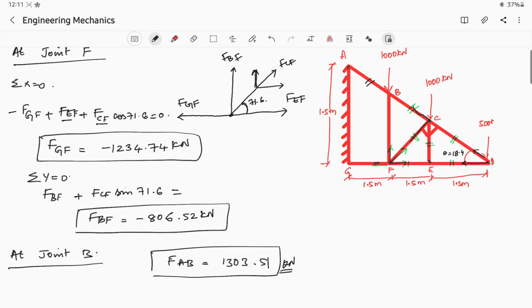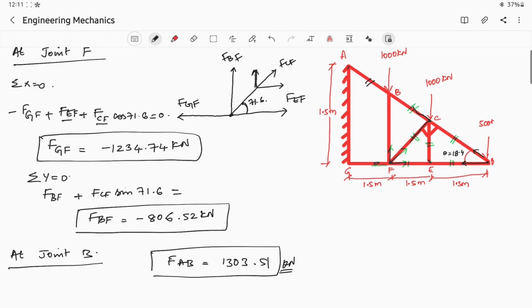Gradually, these trusses are nothing but your cantilever trusses. Previously we have taken simply supported trusses and simply supported frames, and here we have cantilever trusses. So this is the end of this chapter. All the different types of problems we came across in examinations or in previous question papers have been completed in our classes.